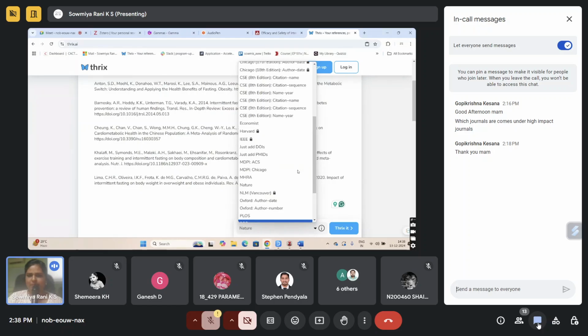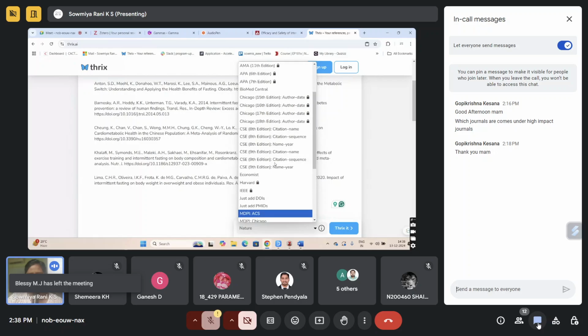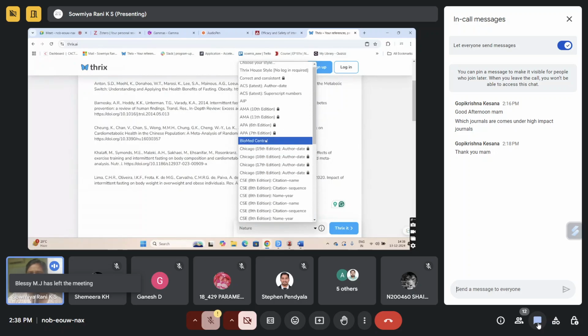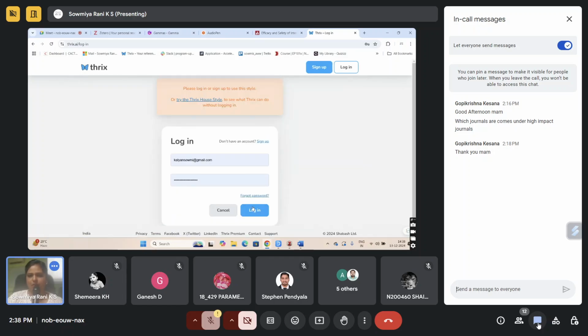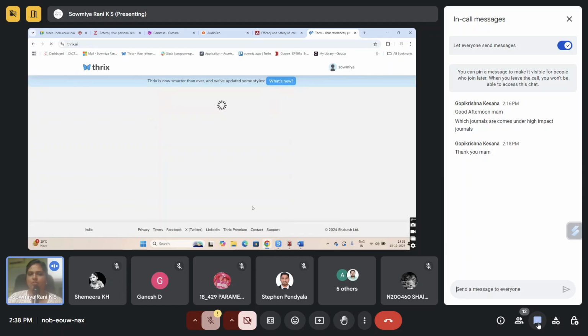Which one can we pick? Let us say I want the BioMed Central style or AIP style, because these are the styles that are available for free. So you can pick a style, click on Trinka, log in using your Google account,